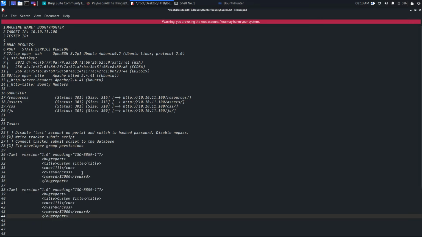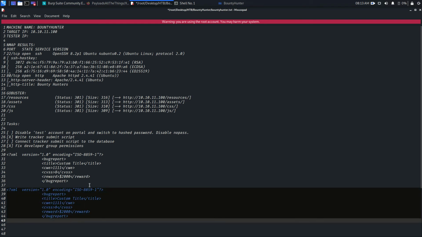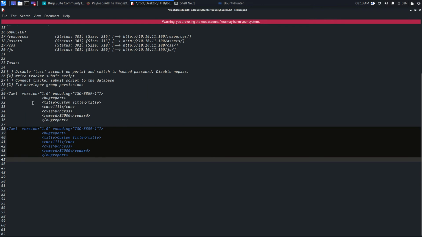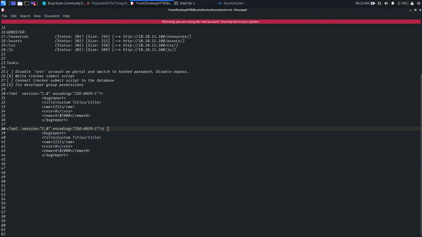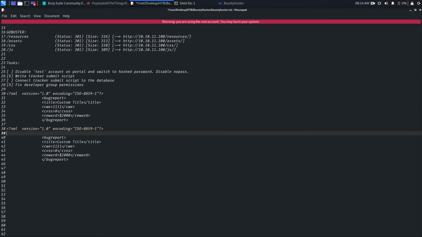And again I want to paste this here. So this is what we got, and this one we will use to create our payload for the XXE injection, right? So what you need to do is,